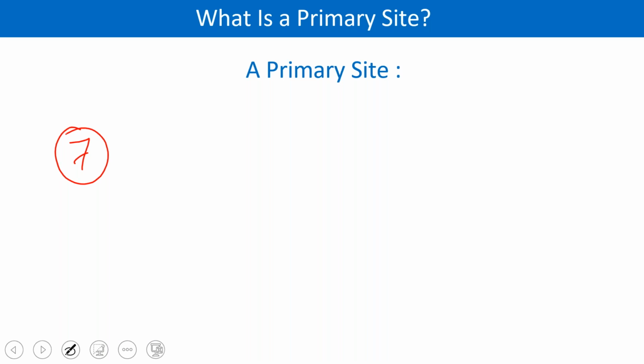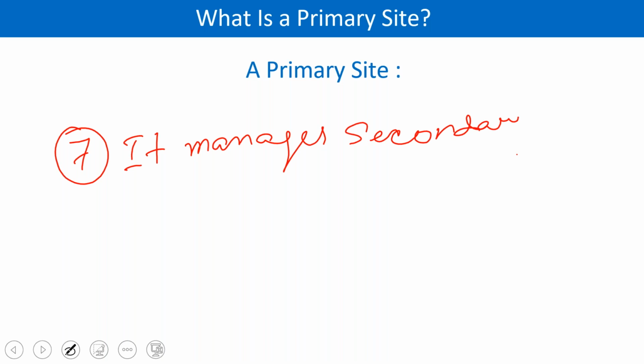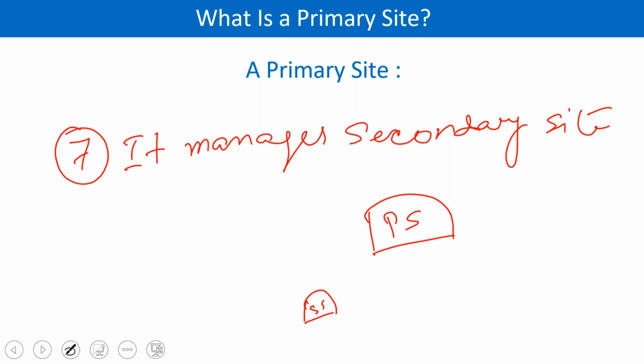Point number 7, it manages secondary site as well. Just like central was managing primary, similarly primary will manage secondary site. So primary is there and you have secondary site. When do we need secondary site? When you have devices in branch office. Suppose Mumbai is your headquarter, so you put only one primary site in the headquarter. Okay, so in headquarter primary site is there, but in branch offices, let's say Chennai, Hyderabad, Abu Dhabi, London,